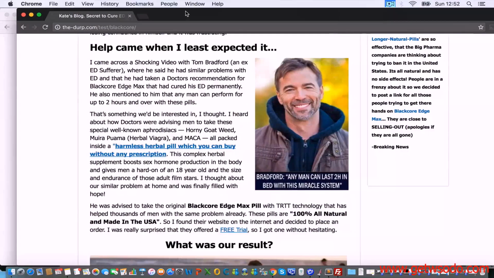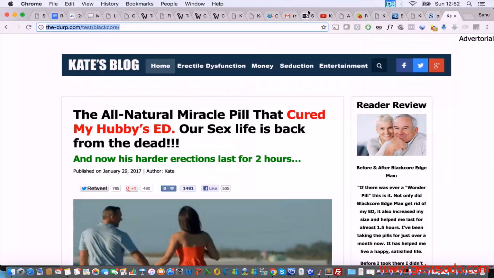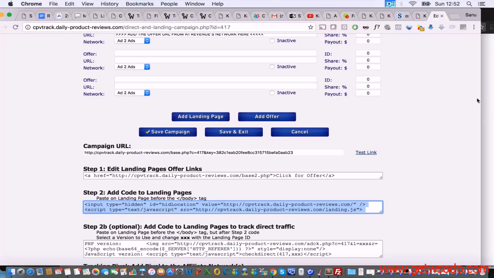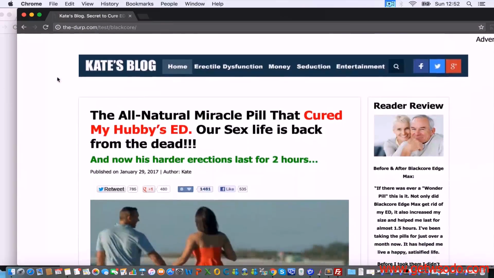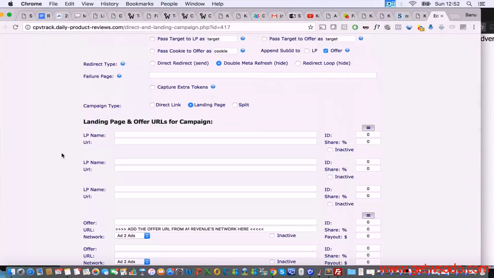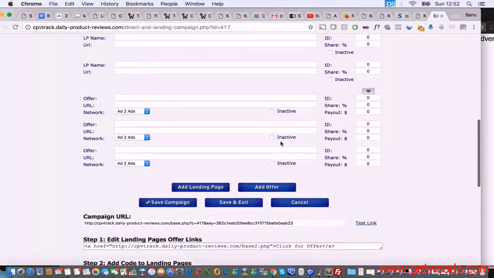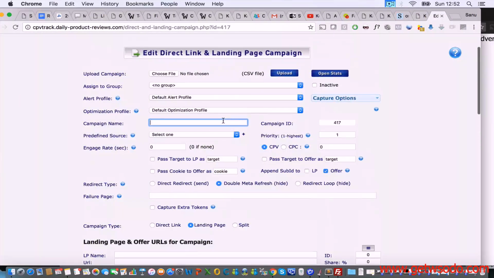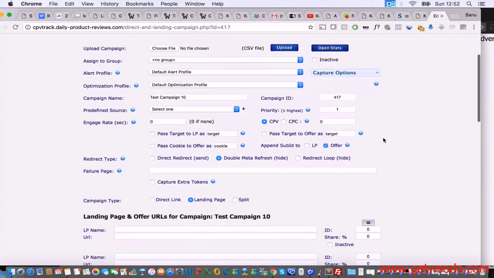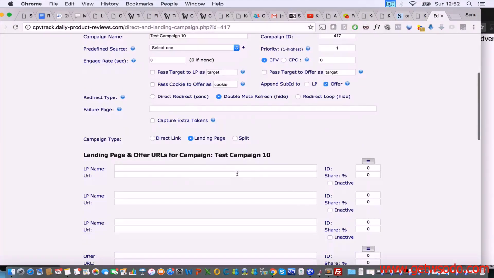link. What you need to do, very simply, is go back to CPV Labs and start adding your landing page into CPV Labs. So just make sure that I haven't been logged out. Okay, I haven't been logged out. And let's just call it test campaign 10. All you need to do is make sure that you paste your landing page URL